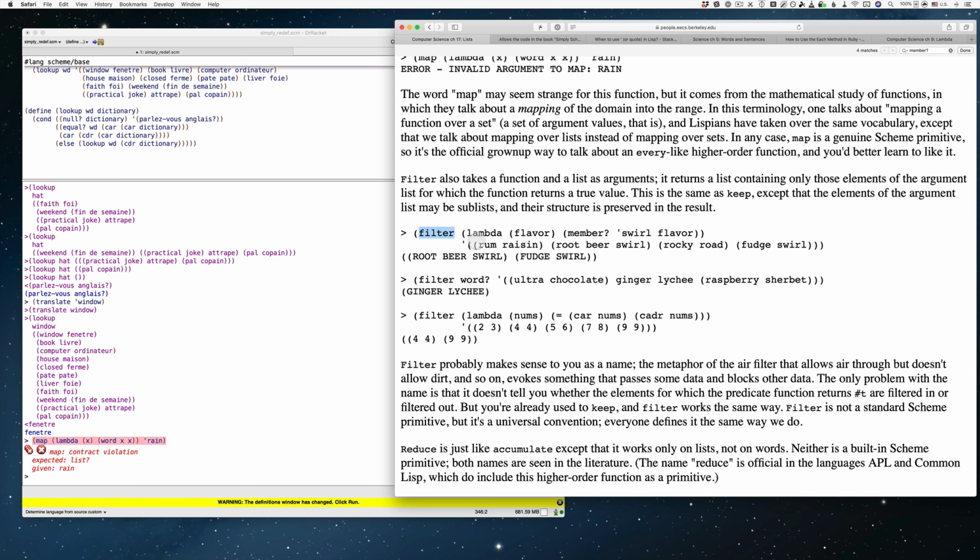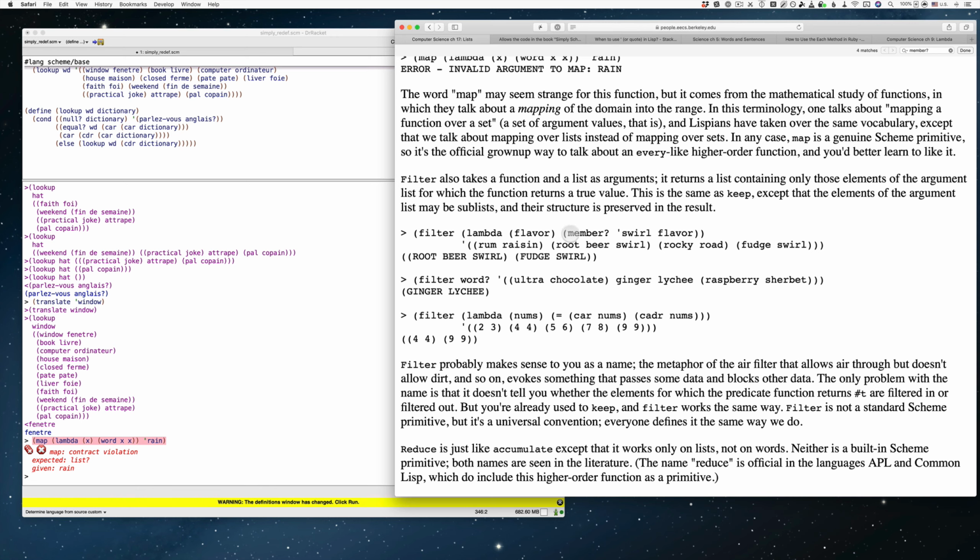That's what filter will do, is it'll do this member. Is swirl a member? Is swirl one of the constituent words of, if you want to say, the sentences within this list? And then if it is,